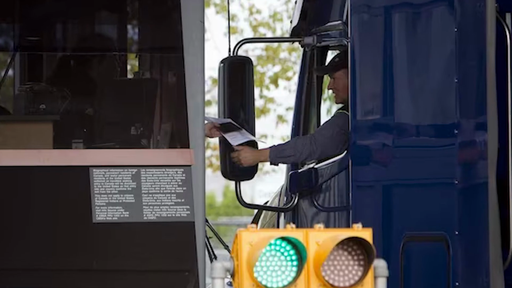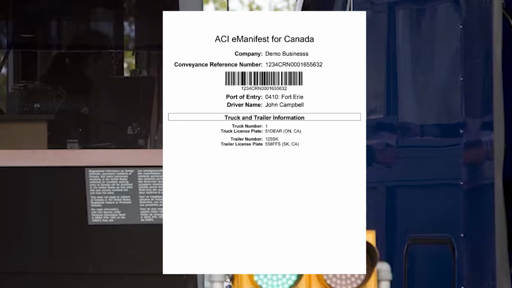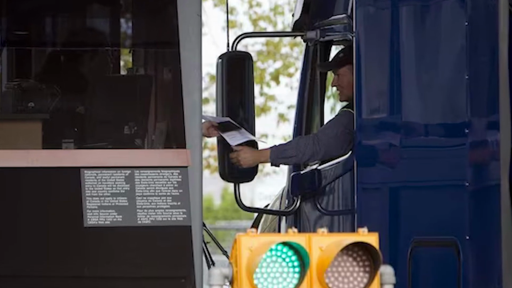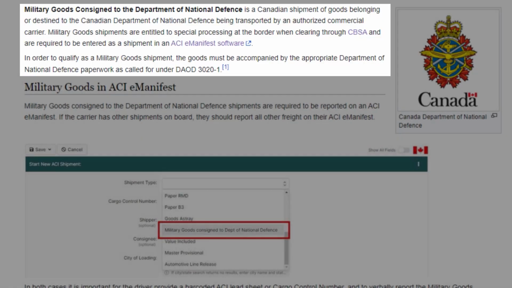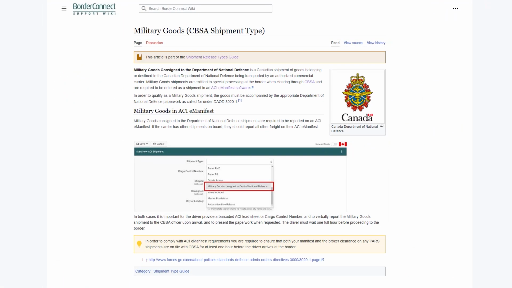At the border, the driver must present an ACI eManifest lead sheet, as well as the appropriate Department of National Defense paperwork, as outlined in the Defense Administration Order. So, now that you understand the basics, let's jump in and I'll show you how to process an ACI eManifest